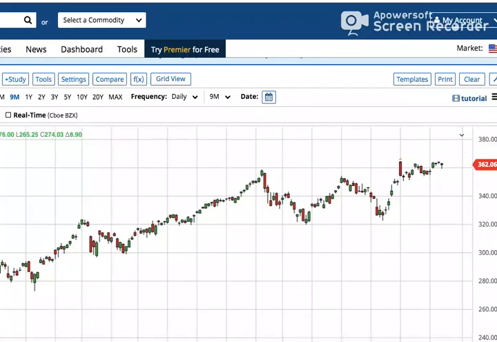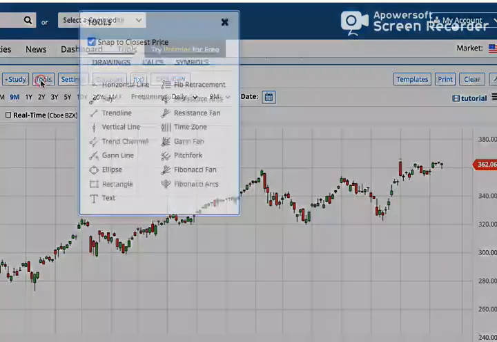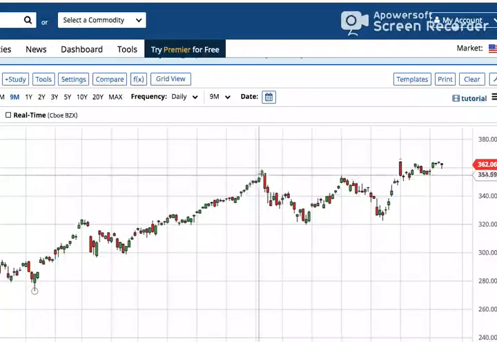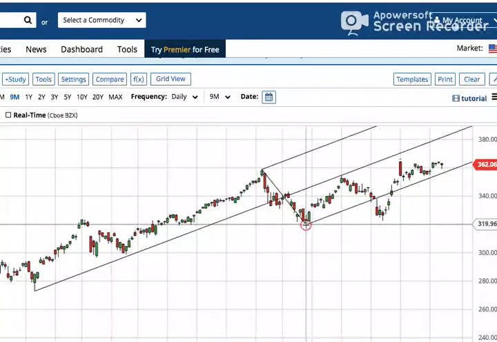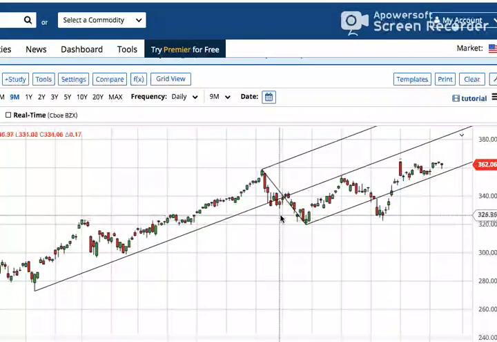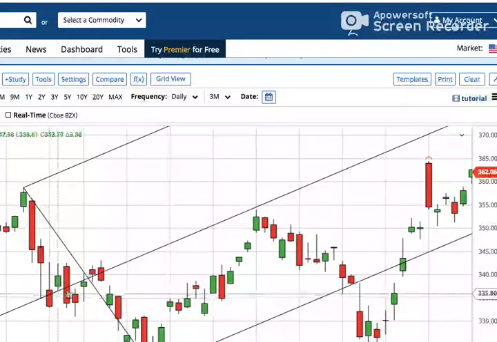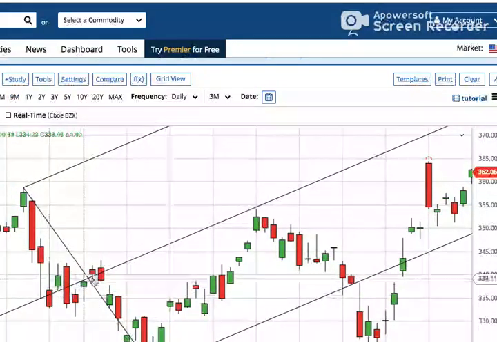Okay, so the first thing that we're going to do is look at this chart of SPY, and I'm just going to draw a pitchfork by connecting this low with this high and this low, and we're going to see that we have really clear reactions that are very nice when we zoom in on the median. These are really, really clear reactions.